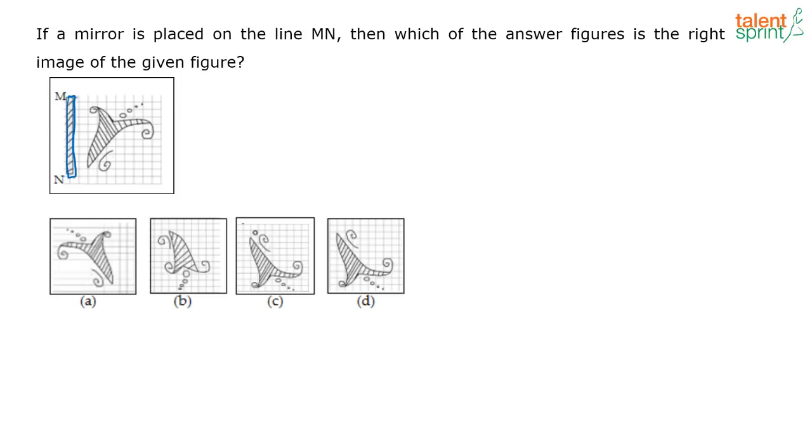Everything else will remain the same in the figure. Now if the mirror is placed on the top and the bottom, what happens? The top and the bottom of the image will interchange in the answer figure. In the question figure, if the mirror is placed either on the left or on the right, just the left and the right hand side of the image will interchange. That's all. So for this image, the left hand side and the right hand side of the image should interchange